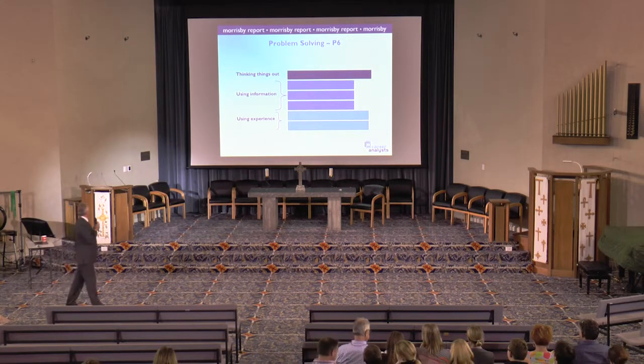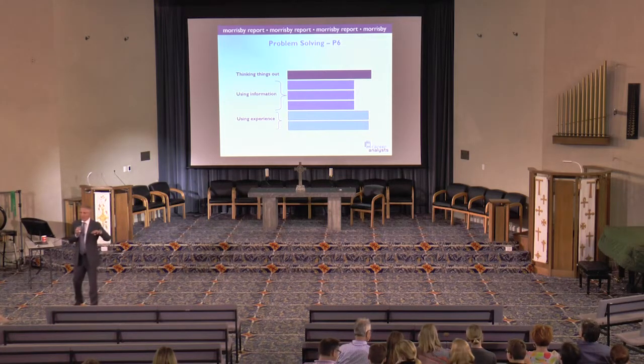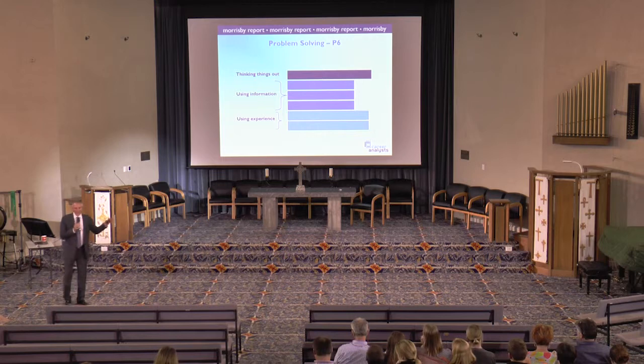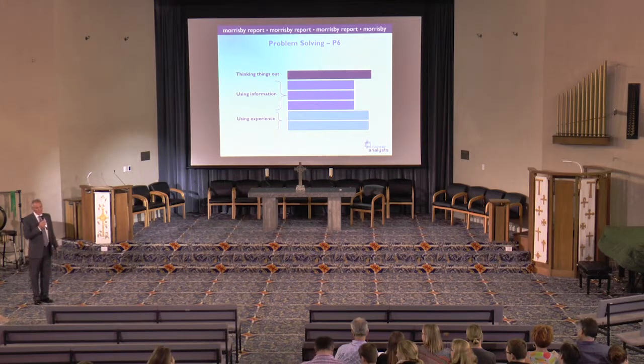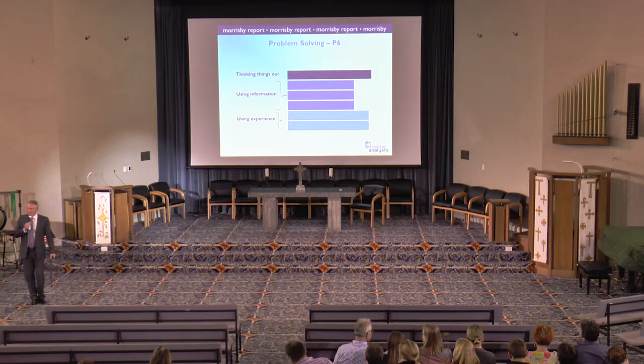Now, let's have a look at page 6. 3 bars on page 6, and I mentioned before, the bottom of page 4, in my view, is the most useful information in terms of direction in strengths. This page, for me, is the most useful in terms of how you solve problems. And it's made up from the 6 tests we just looked at. The thinking things out bar is just your reasoning score copied across. We then average the verbal, numerical and perceptual and call that using information. And we average the spatial and mechanical and call that using experience.